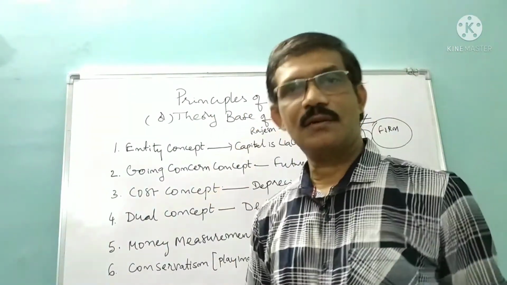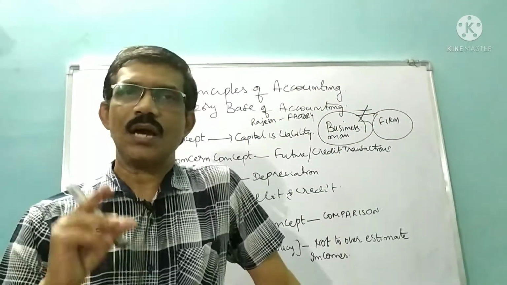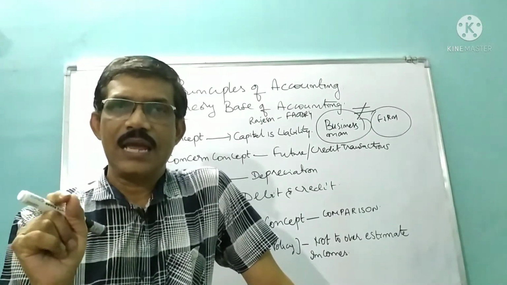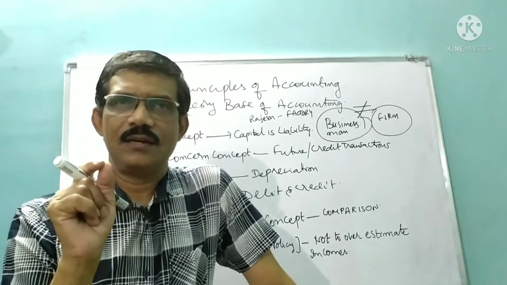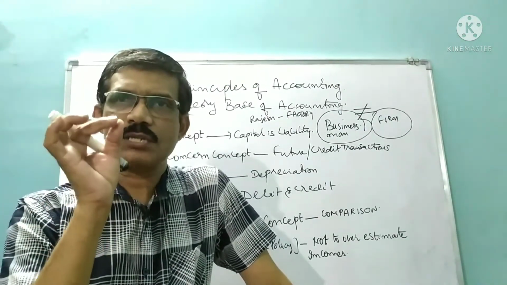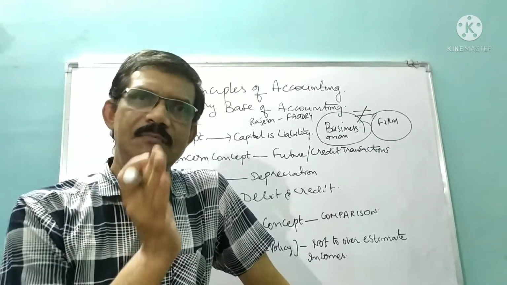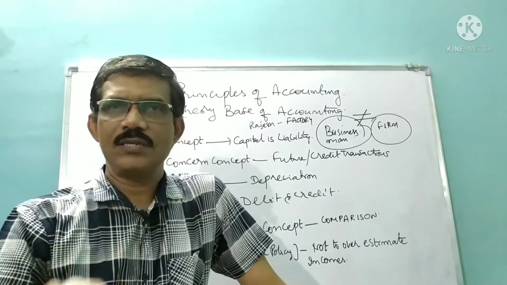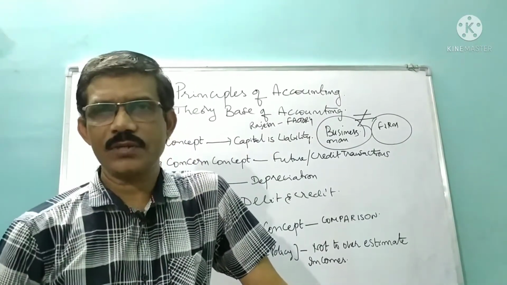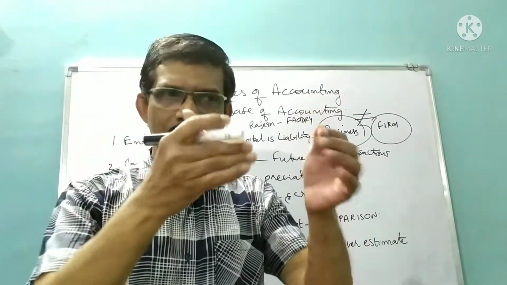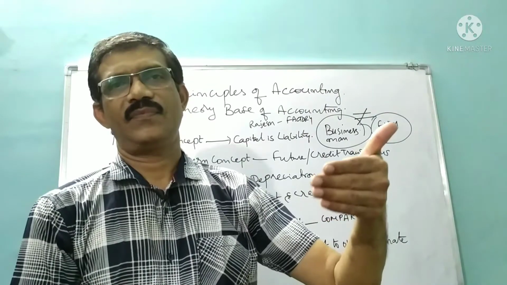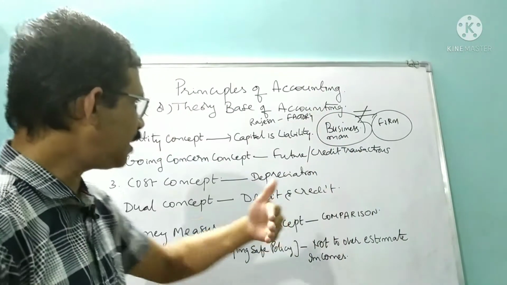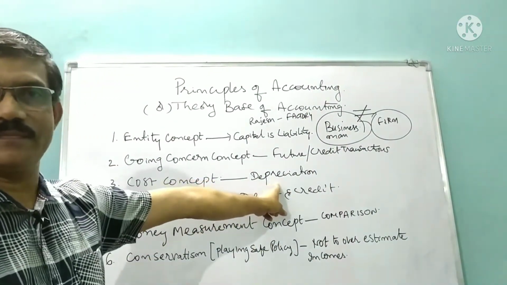Next, cost concept. What is cost concept? Cost concept means when we are recording the items in the accounts, especially assets, right? Assets are to be recorded at cost price because there may be market value also attached to it, but market value keeps on fluctuating. So that's why we should not take into account the market value of it, only cost price, which is fixed, right? So when you use cost concept, what will happen? Your depreciation calculations become easy.